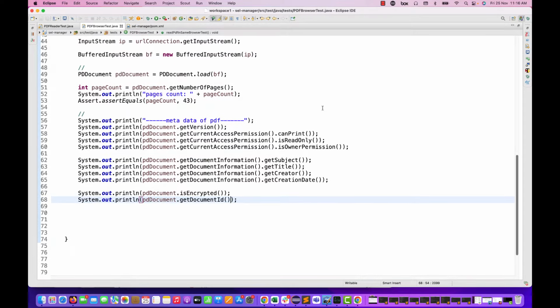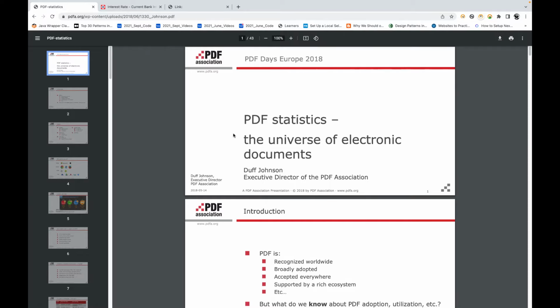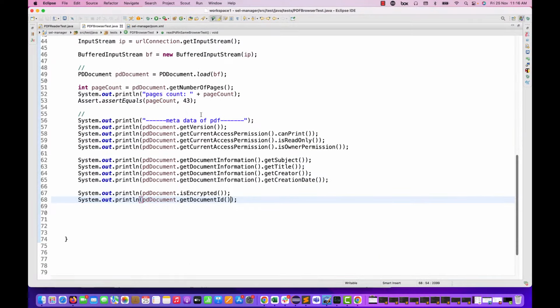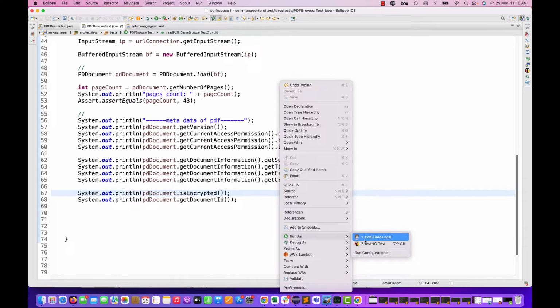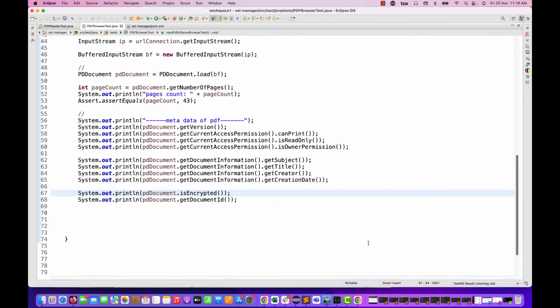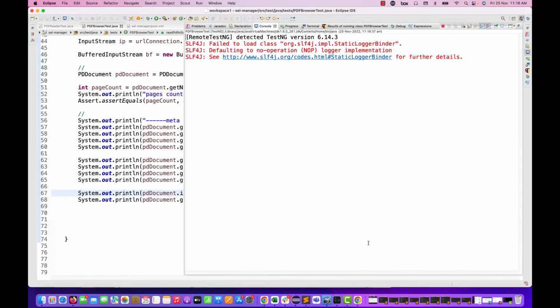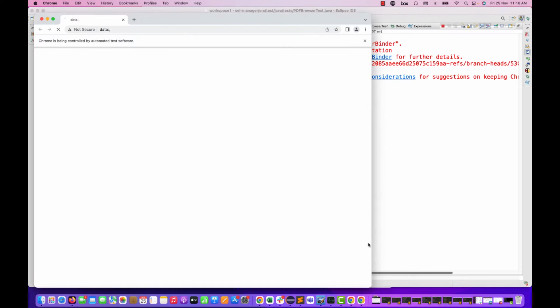This is all about the metadata of the PDF if you really want to validate. So we are not only talking about the content of the PDF, also I'll show you, but this is the exact metadata about, let's see, encrypted or permissions, values and all such things. We are capturing it. So let's run it and let's see what happens with this PDF now. Okay, Chrome is getting opened. It will click on that particular link